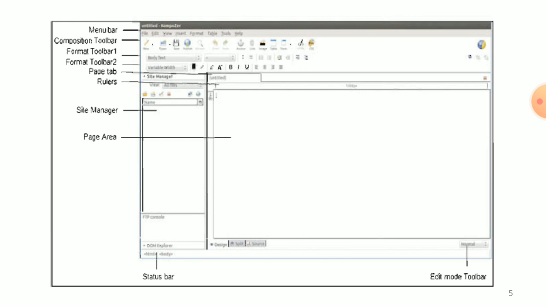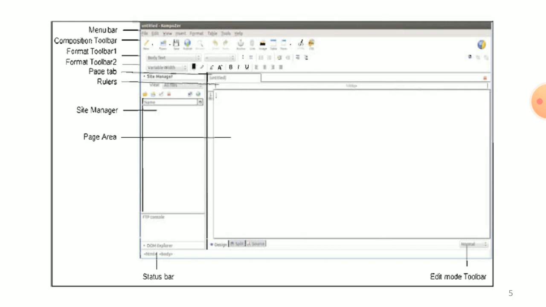Site Manager is a powerful tool used to navigate within the site or between the sites. You can close the Site Manager pane by clicking on the Close button or pressing F9. The page pane shows a blank untitled web page.